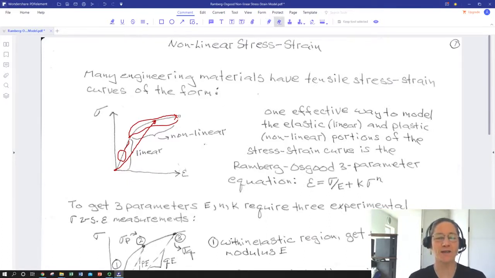Because we don't have a single model of linear behavior the way we do for elasticity, we need to create a mathematical model for what is the stress at any given strain, or what's the strain at any given stress up in that nonlinear region, mainly using test data. So we're going to do a whole bunch of uniaxial tensile tests on materials, and we're going to collect a whole bunch of points,